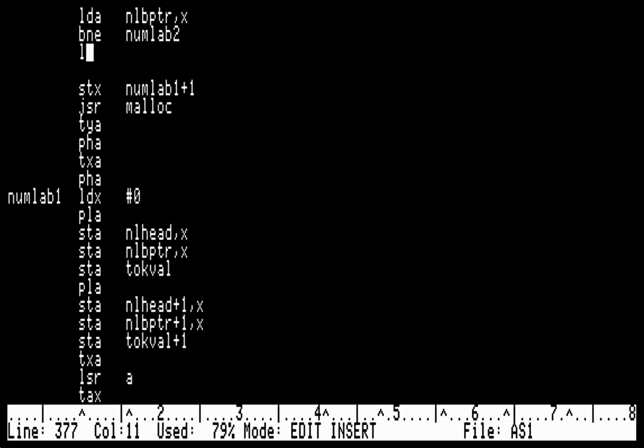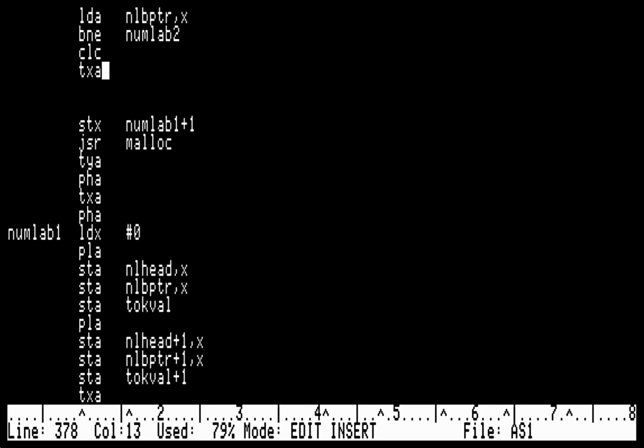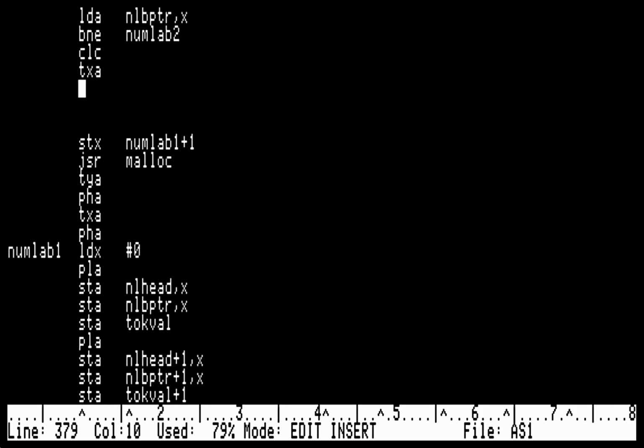No, instead, transfer X to A, because X is the offset into the NL head array and the NLB pointer array. Clear carry. Transfer X to A. Okay, add